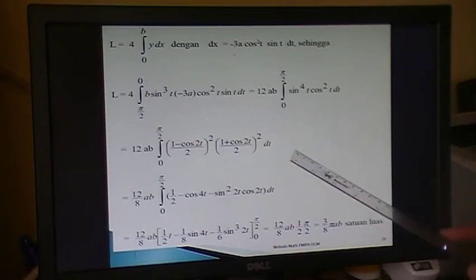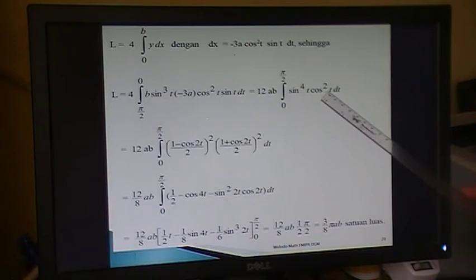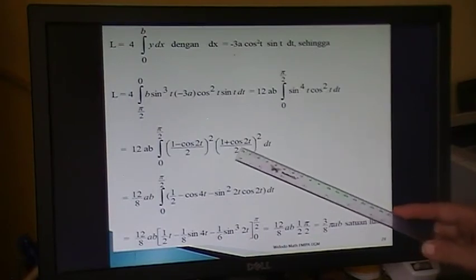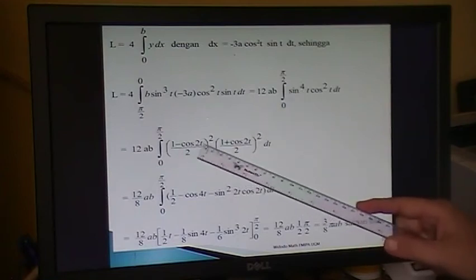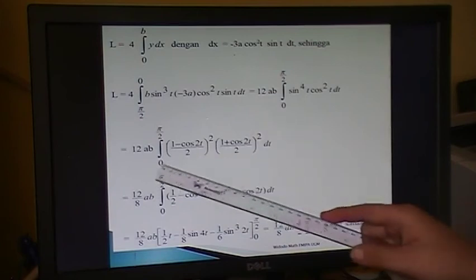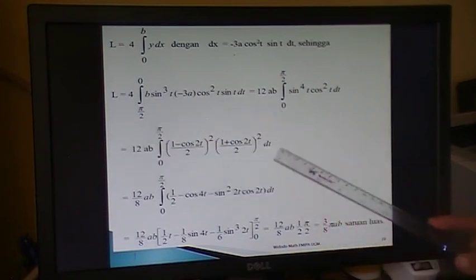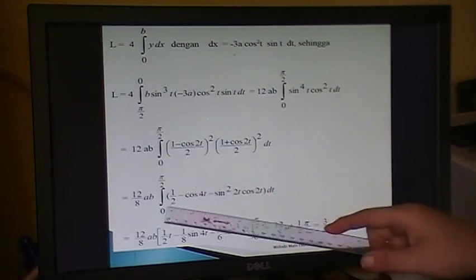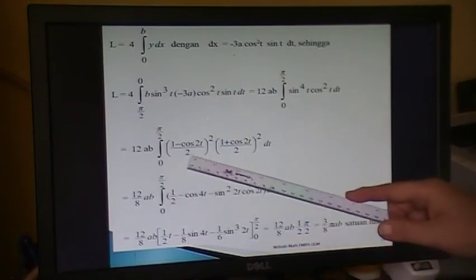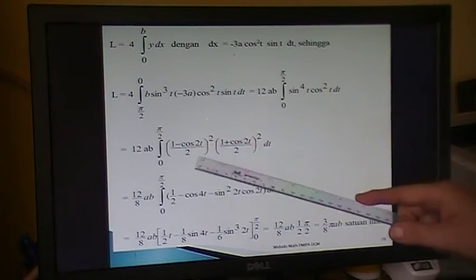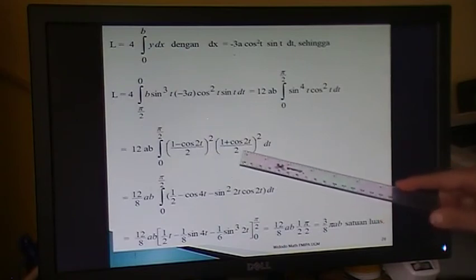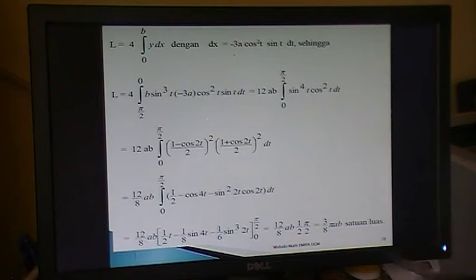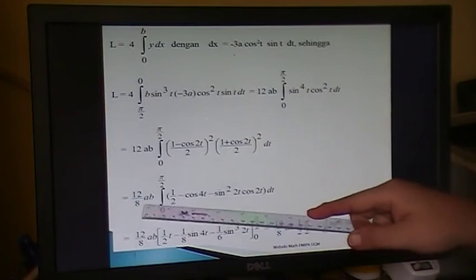Because cos squared t is equal to 1 plus cos 2t divided by 2, and sin squared t is equal to 1 minus cos 2t divided by 2, then the integral becomes like this. Altogether, we put here 2 squared is equal to 4, so 4 times 4. So altogether it becomes